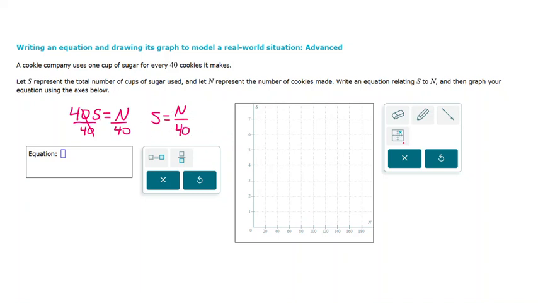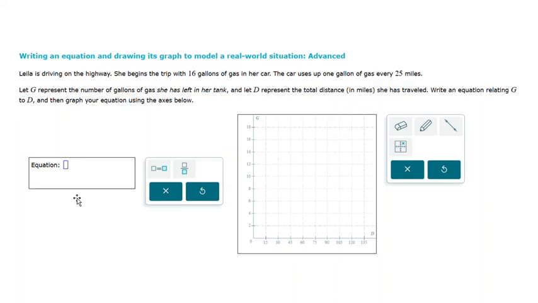And then I could again use the plot a point tool to plot some points for this equation. And then finally, another example that's a little bit different is this one, where we have Layla driving on the highway. She begins the trip with 16 gallons of gas, and the car uses up 1 gallon of gas every 25 miles. So we want G to be the number of gallons of gas she has left in her tank, and D be the distance in miles that she's traveled. So this one, again, is a little bit of a challenge to write because what we have to think about is that we're starting